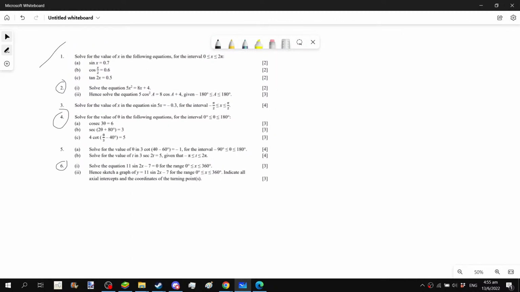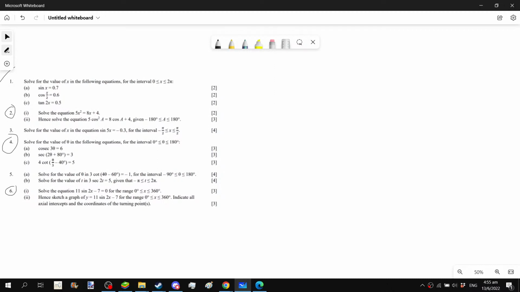Okay, question 4 is also an interesting one. This time round, the arguments, the people suffering from the Trigo, that is to say, are all pretty screwed up. So let's start with the first part. For A, we are given that the cosecant of 3 theta is equal to 6. Obviously, cosecant is 1 over sine, so that means that sine of 3 theta is 1 over 6. From here, we can find the basic angle by doing inverse sine of 1 over 6, and that gives you